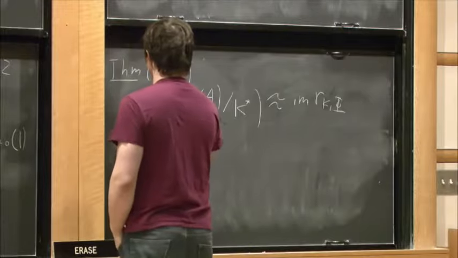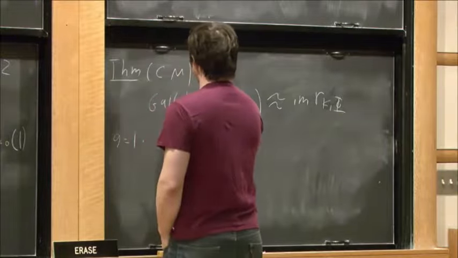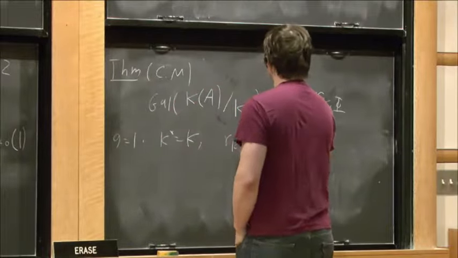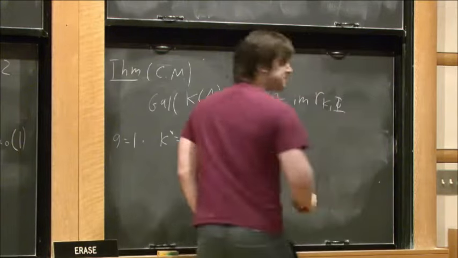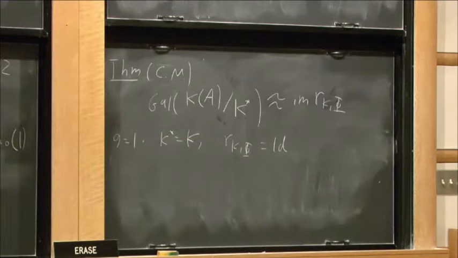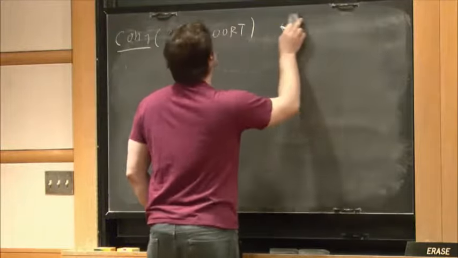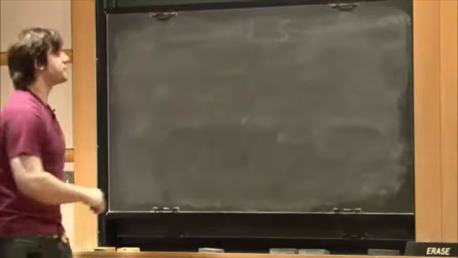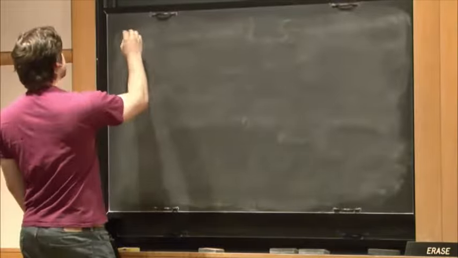But first, let me just point out that in the g equals 1 case, K star turns out to equal K. And this map, as you might have guessed, is just the identity map. So in this case, the image is the whole thing, which is why it was so much easier in the case of g equals 1. So let me erase this. And let me explain somehow the fundamental difficulty that comes up in this images between class groups problem.